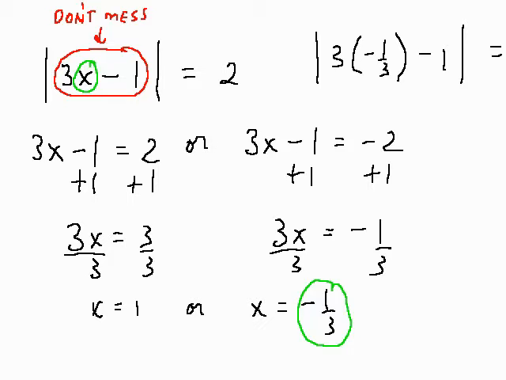Now, when you multiply 3 times -1/3, remember the 3's will cross-cancel out, because you could make that 3 over 1 if you wanted to. And then that would leave you with -1 minus 1 inside the absolute value, which if you add those numbers together is the absolute value of -2. So by golly, it does check, as would 1 if you plugged it in and checked it. So always check equations in the original problem to make sure they make sense. And you can never miss one on the test.